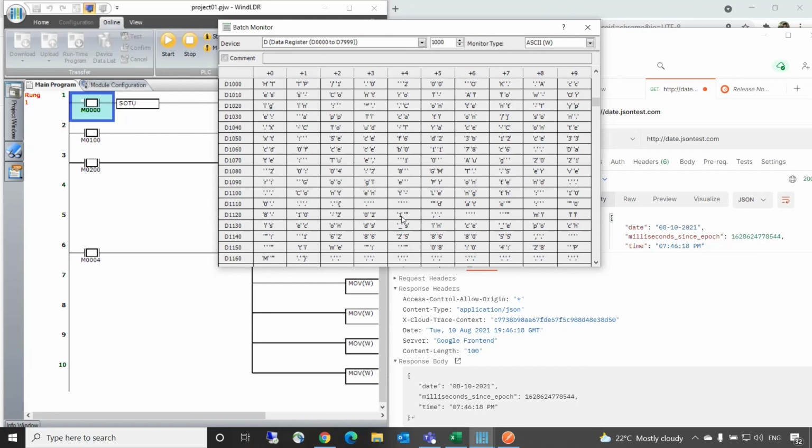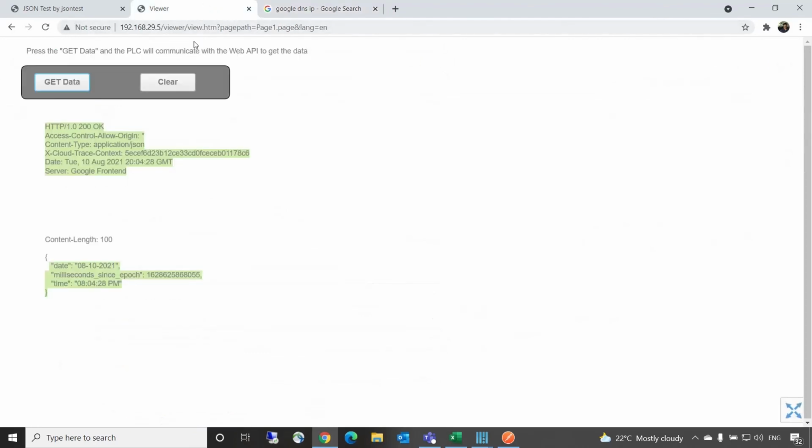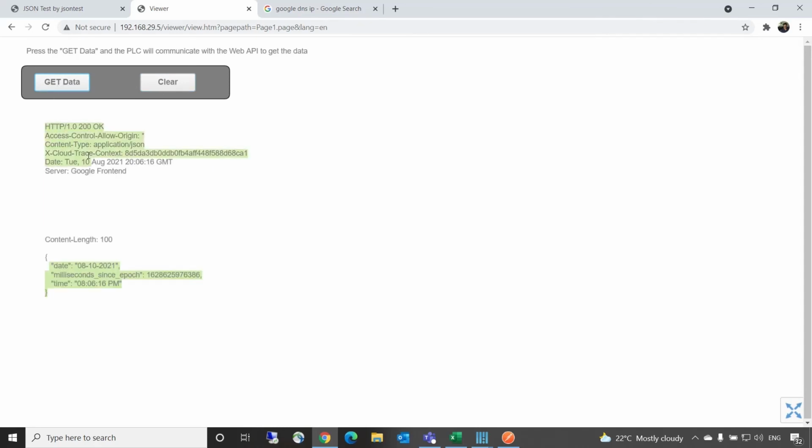Now this can be shown either in the web page or in the HMI, which I have explained. There is already a web page which I have designed with the help of the web server function. I'll try to get the same thing over here, get data. How to design this web page and all, we have a video solution already, so you can refer to that video if required. This is a simple bit which I've considered here, M0, and this is a simple bit for clearing all the data. And this is the actual data which I'm trying to show, D1000 to D1100, right?